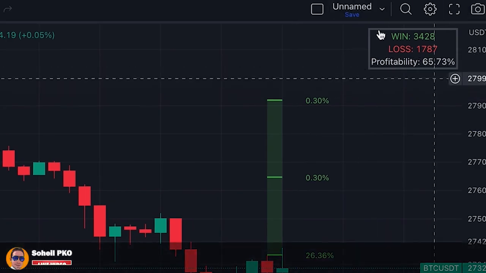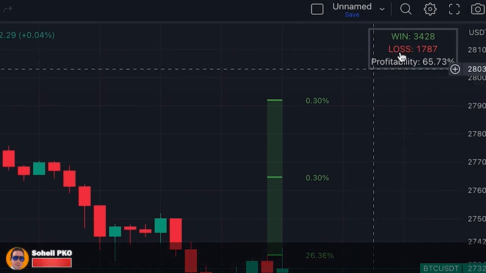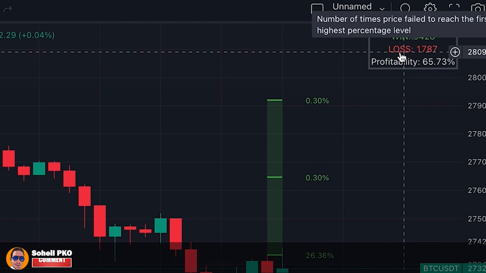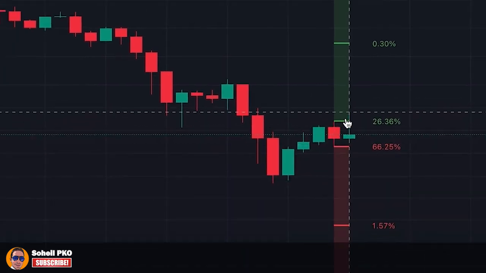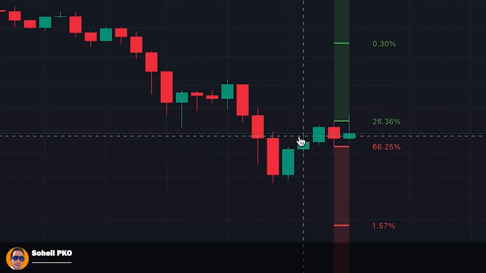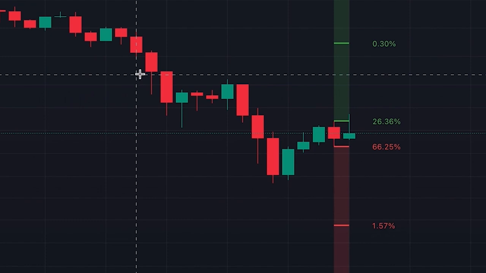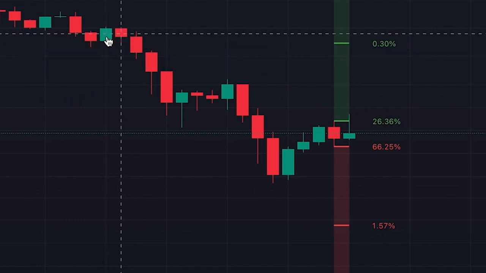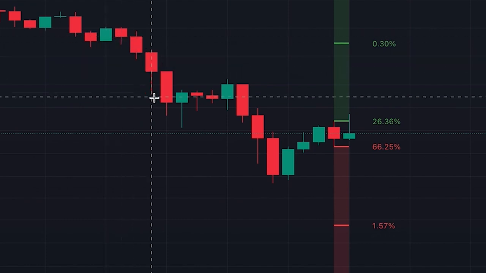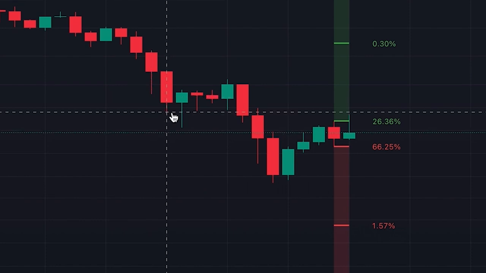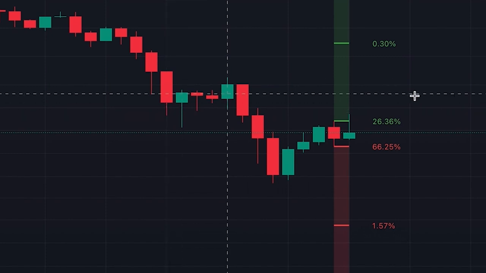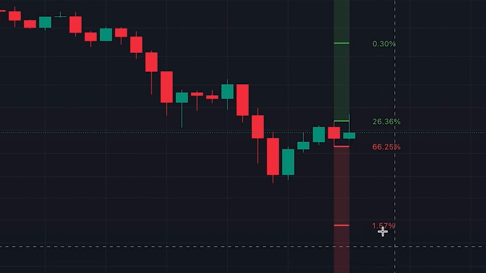Here in the top right of the chart, it also shows the result of backtest, so you can have a better evaluation and understanding of the next candle, a new low or high. The algorithm behind this indicator calculates all the green and red candles separately, and depending on the previous candle, if it was green or red, it assigns scores based on the levels that are reached, and then the algorithm calculates how many candles reached those levels in the past, and it calculates these percentages for each level that you see